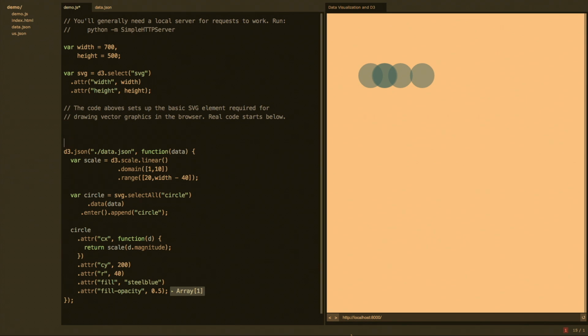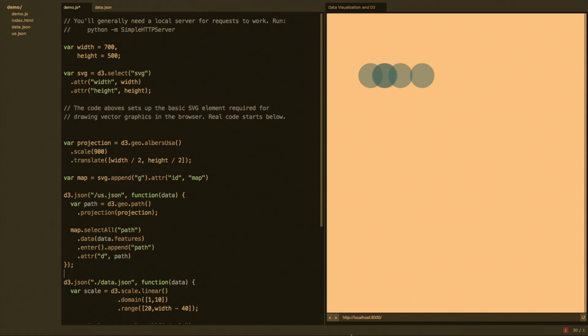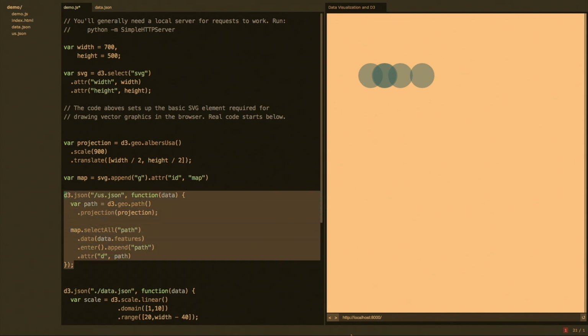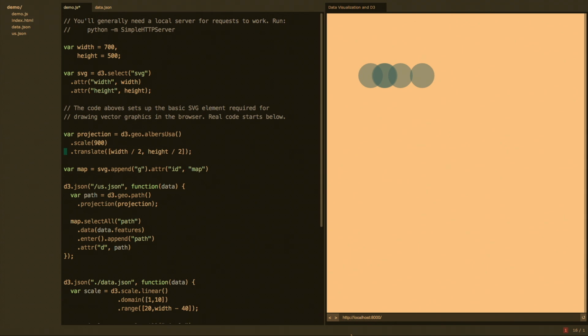The first thing we'll do is create a map, a background map. I'm going to go through this very quickly. This is tricky code. It's another one of those recipes you don't really have to understand fully to use. But this code right here creates a map. We're not going to go into detail, but